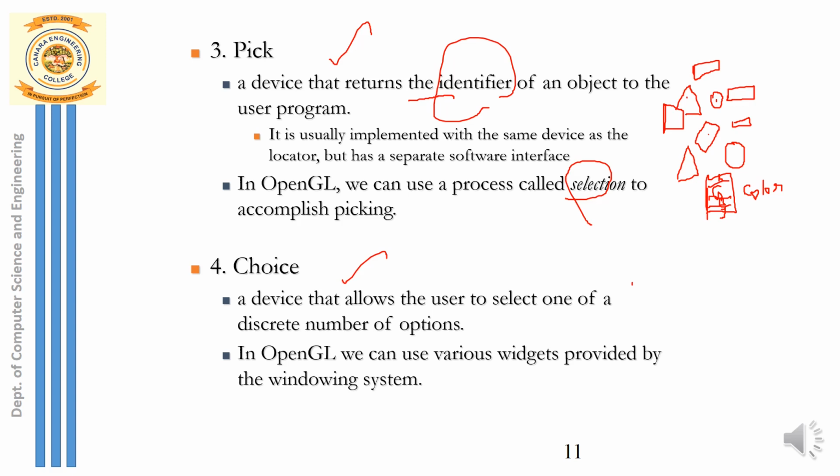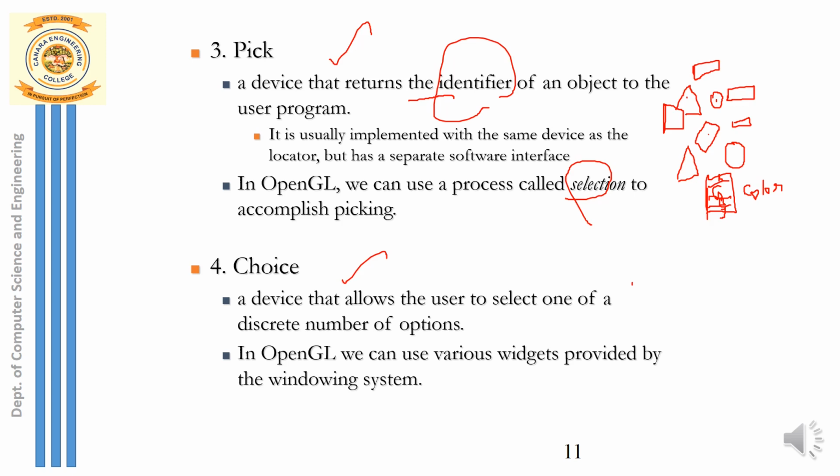So whenever I click on a particular color, what should happen? Immediately all the objects' color should change to green. Whenever I click on a third option, say blue, immediately all the objects' color should turn blue. What am I doing there? I'm making use of the mouse click itself. When I click the right button, this menu should appear, and when I move the mouse onto any one of the options and click on that particular option, the action should take place immediately. What is that? Changing the color.